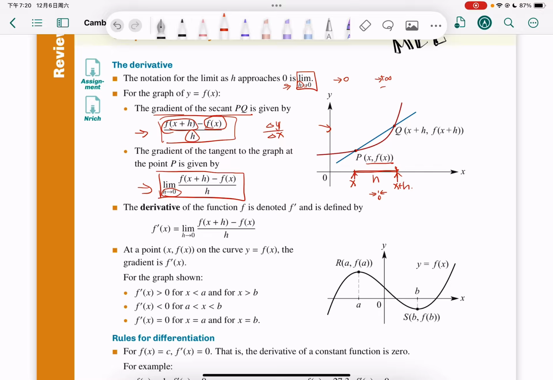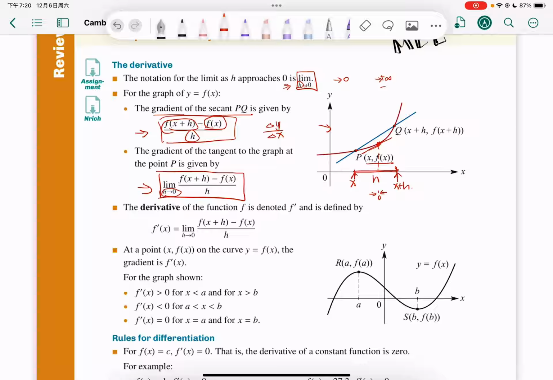This actually represents the point on the red curve. As h approaches very, very close to 0, P and Q are very, very close together, and this represents a point on the red curve,